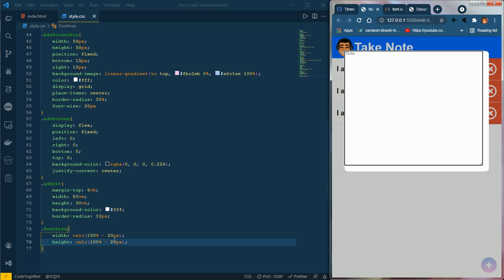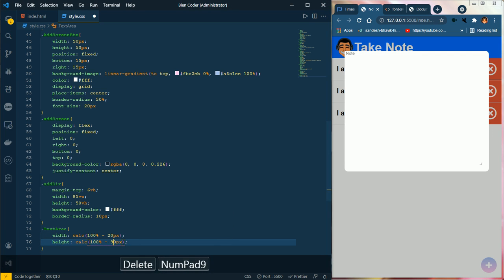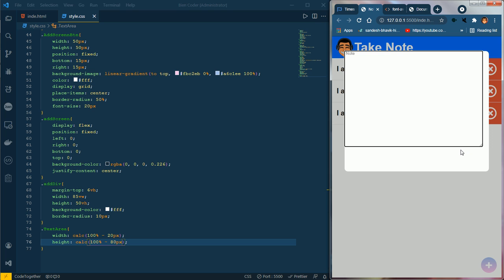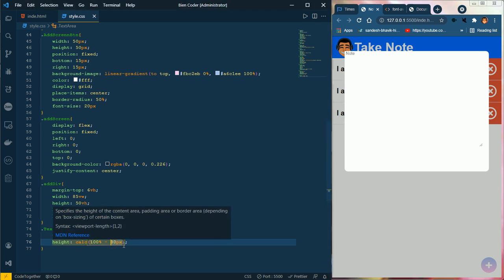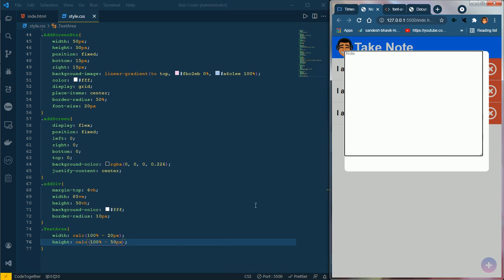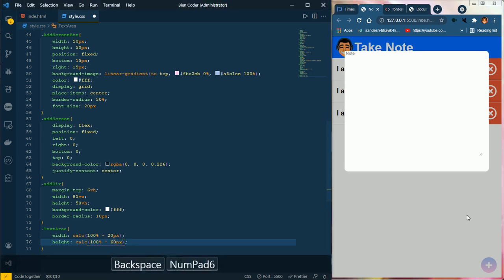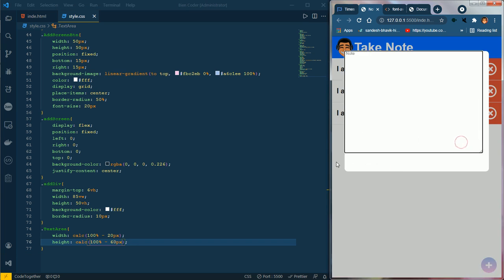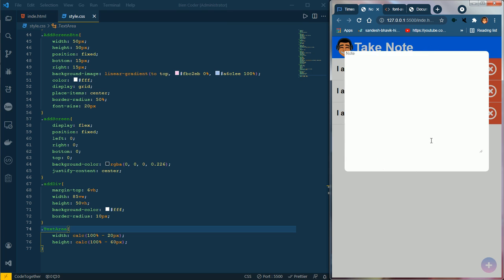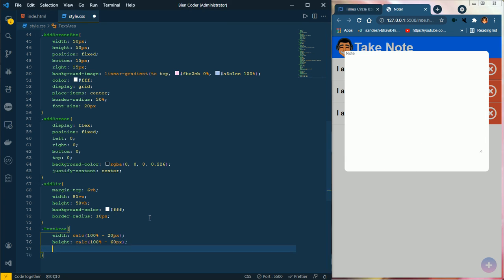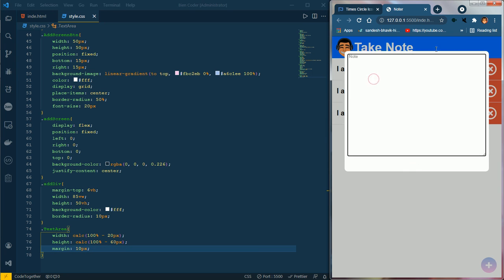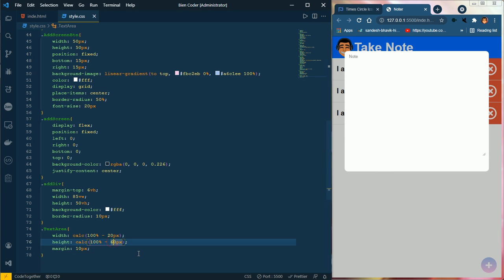For the height I will decrease 60 pixels instead of 20 because we need a button here to add, and now it is still sticking to the left top corner. So I will give it a margin of 10 pixels, which will center it up, and instead of 60 we can do it